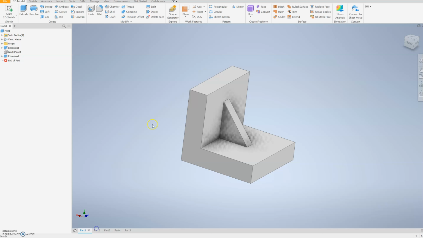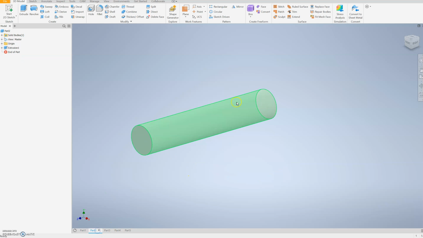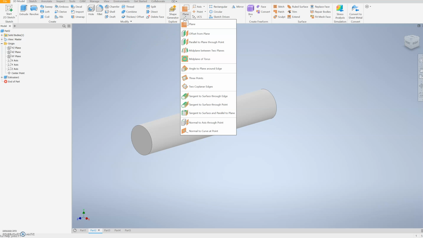Okay. The second really nice thing that I can do with work planes is place features on top of curved surfaces. As you probably know, if I went to start a sketch, I can't start a sketch on top of here. There's no flat surface. I can start it on the end, but not on the top. So in order to do this, I'll go to the work plane drop menu. A lot of these will tell you what they do, and you can hover over them and they'll explain it a little bit more. If I wanted to put one on top, I could just say tangent to surface